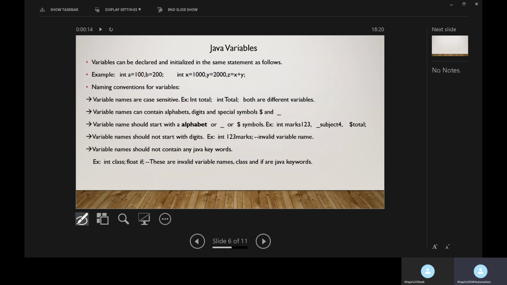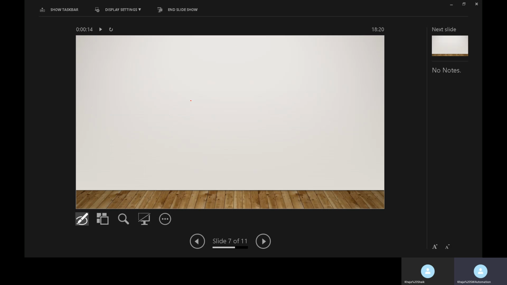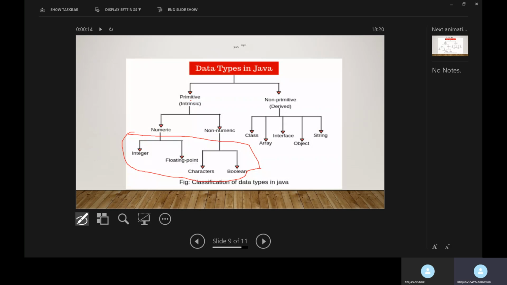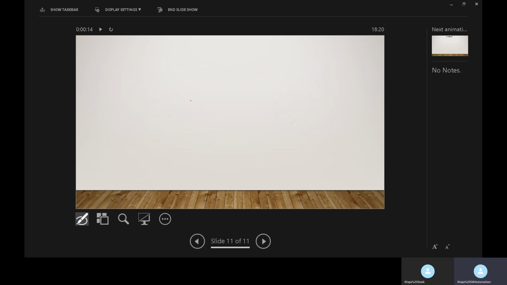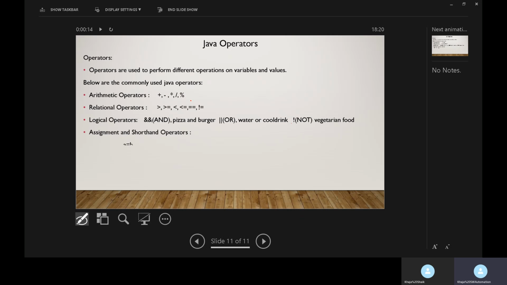You are going to store value 100 in variable A by using this assignment operator. The assignment operator will store the right hand side value into the left hand side variable. Always in the assignment operator, the right hand side there will be a value or expression, and the left hand side there will be a variable. So the assignment operator is used to store a value into a variable.